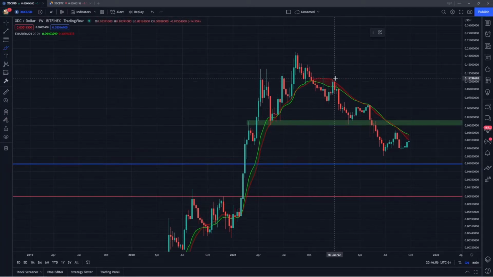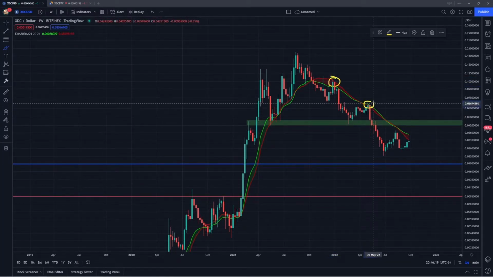You can see that we had this lower high back here in January where we came up to these moving averages, rejected off them around 10 to 11 cents. We formed that lower high and then we rejected, formed lower lows. And then you can see another rejection right here in May. We had another move back up into these moving averages, a rejection this time at 6.5 cents, another leg down